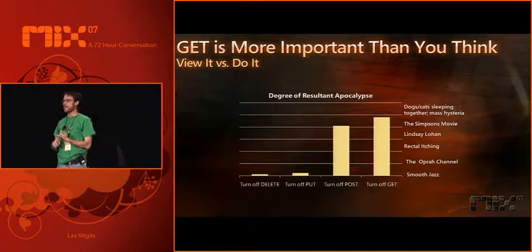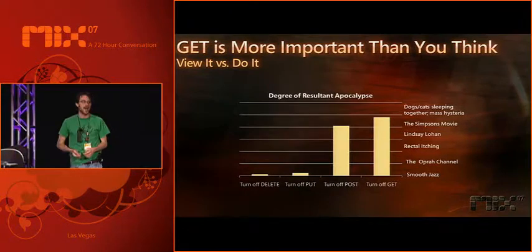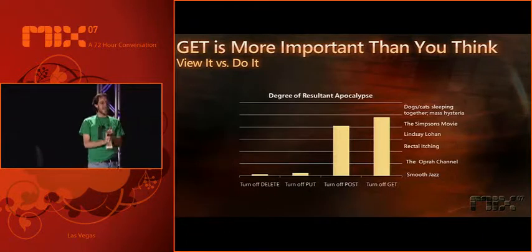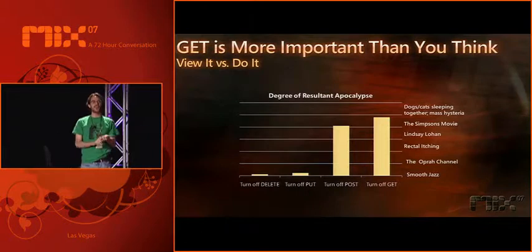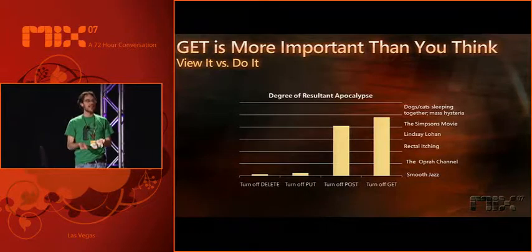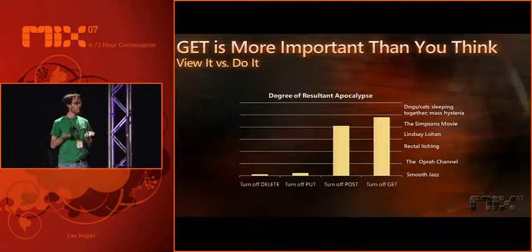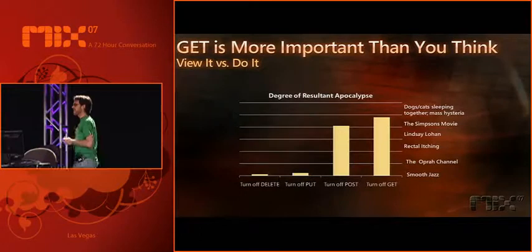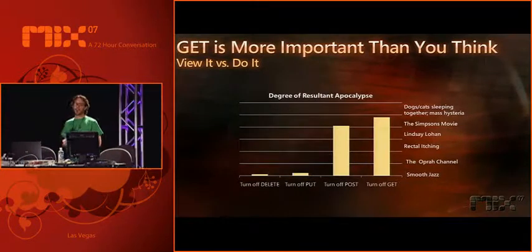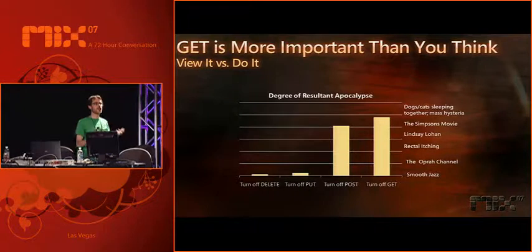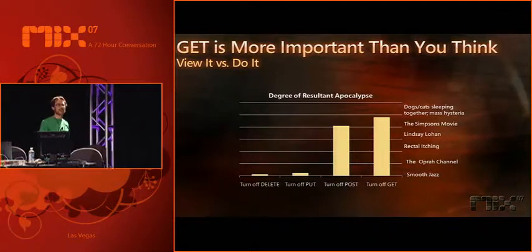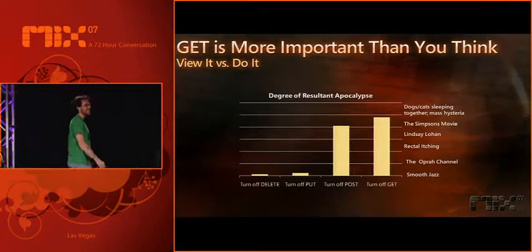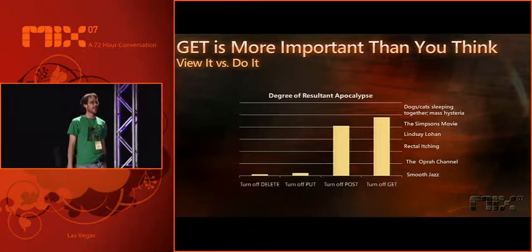You can't submit HTTP form posts, so all of your online banking goes away. You can't go off and add information to the internet. Now, if you turn off GET, literally the entire internet falls over. The entire web goes away. And so that's one way to think about the base intuition around these two really important verbs, one being do it, which is the GET semantic. No, POST. You said do it. Sorry, it's early. Yeah, one being view it, which is the GET semantic, and do it being the POST semantic.